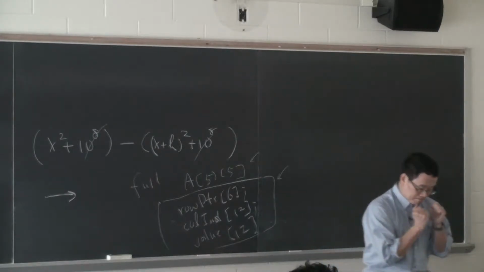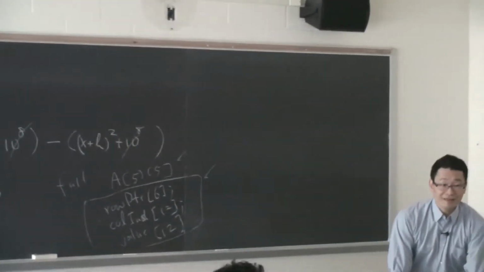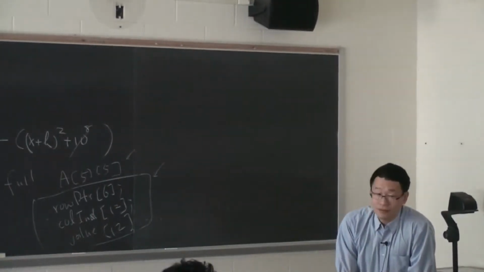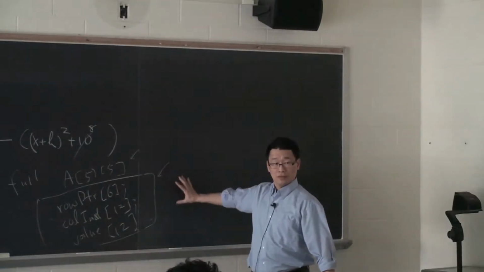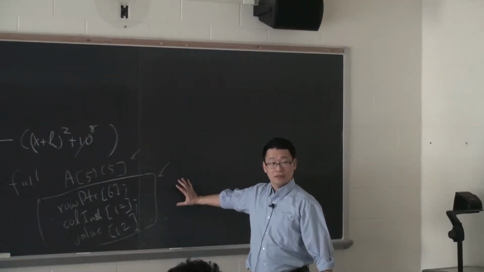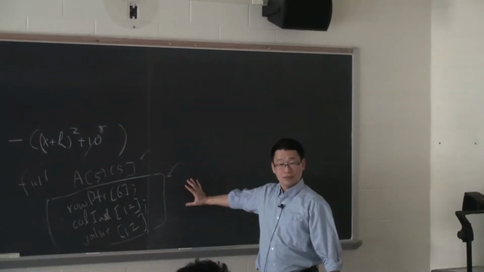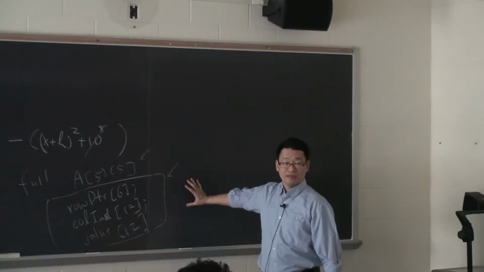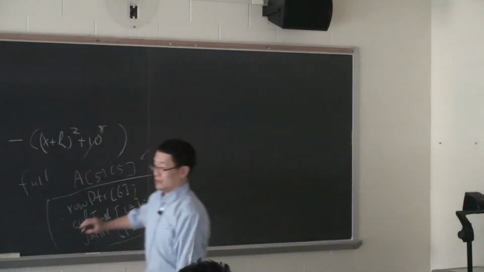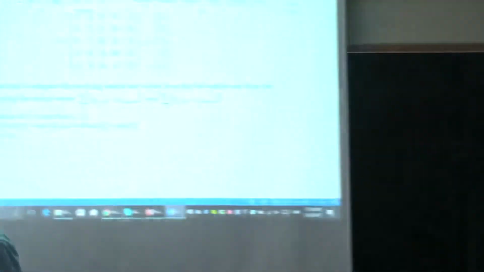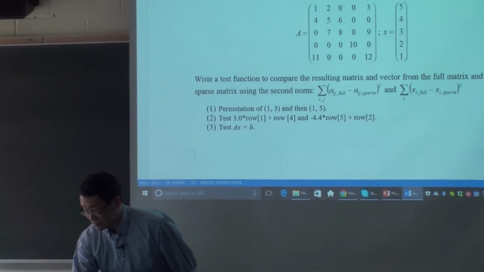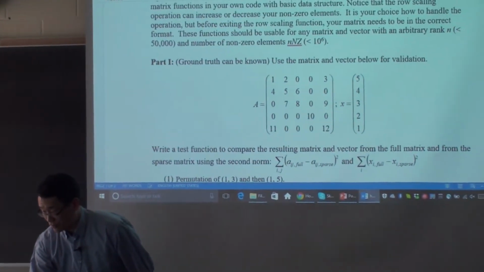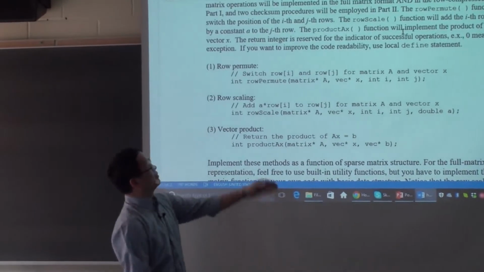Okay, so we should have the 3 methods, that's the row permute and the other 2, for both the matrix row storage, and then for part 2, coordinate storage, we should have a different set of methods for coordinate storage? The same methods, but operating on different structures. The 3 methods you need to implement, but on 2 different data structures. It's like doing 2 methods with the same name but operating in different ways.